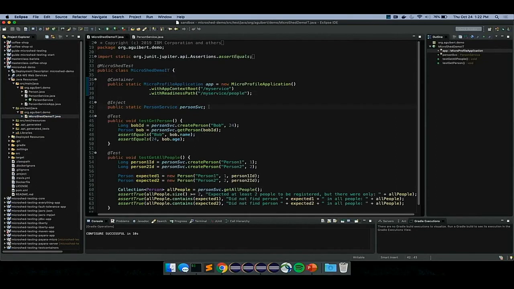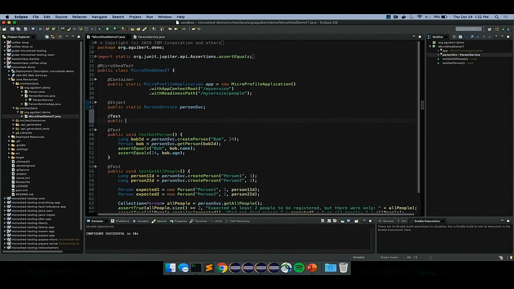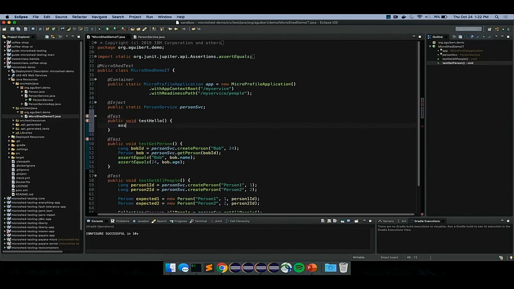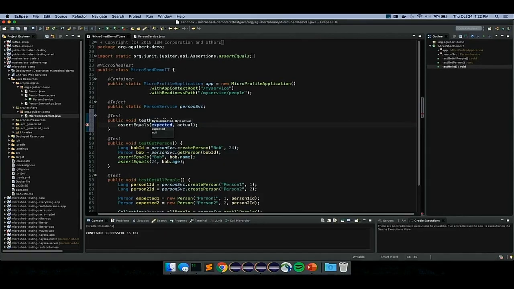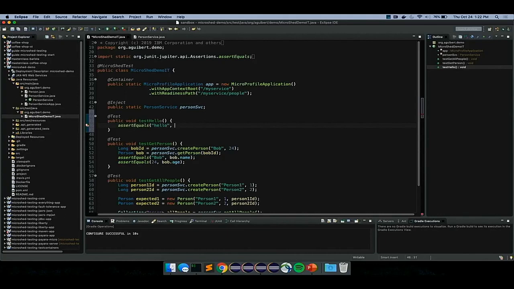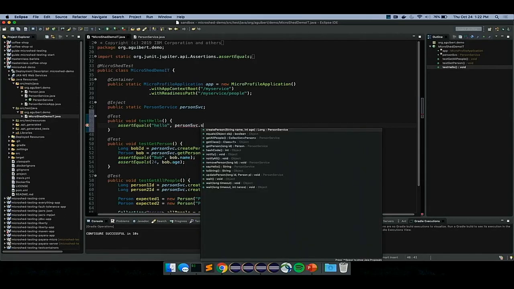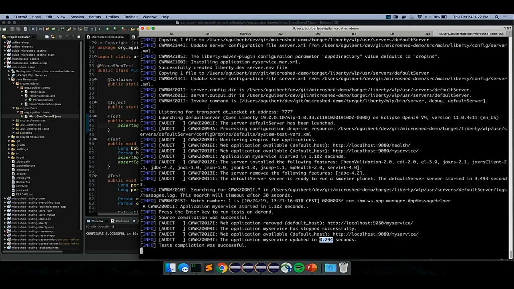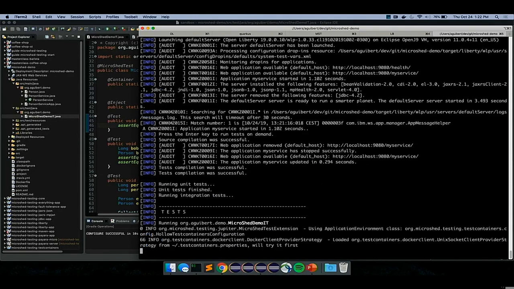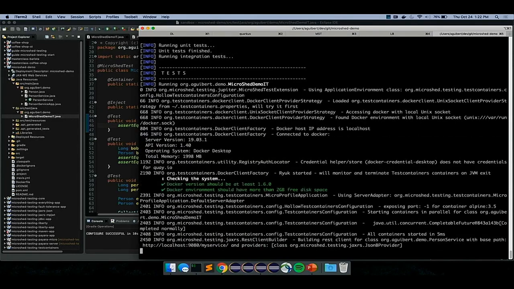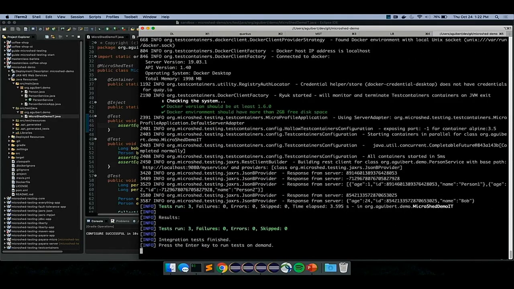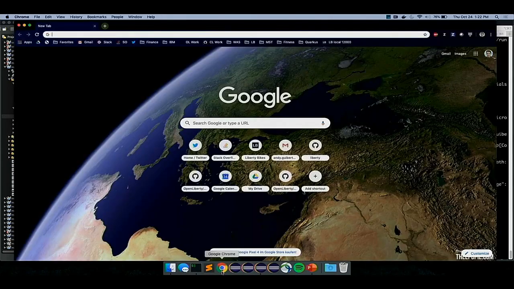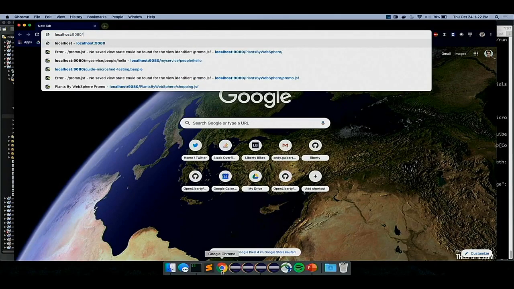So then I can go over here and write a test case for that new endpoint I added. So I'll say test hello, and I'll just assert equals hello, and I'll call the person service say hello. So this looks like a standard unit test type call, but what's actually happening here is if I rerun these tests, it's going to invoke an HTTP GET request at my running application server and then get the JSON response back. So if I go to a web browser here, and I think I'm at localhost 9080,